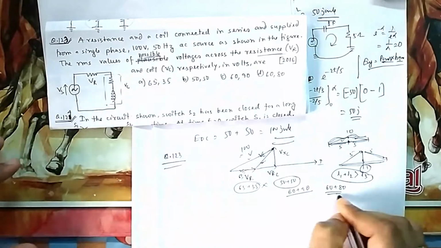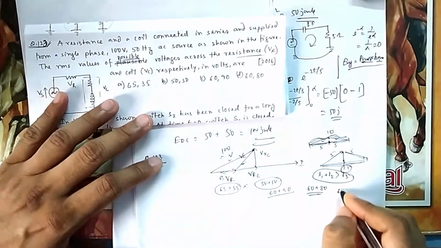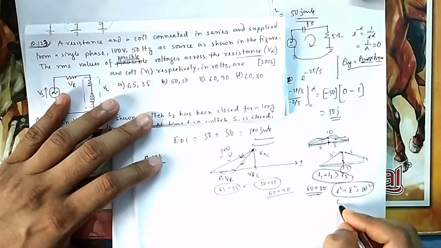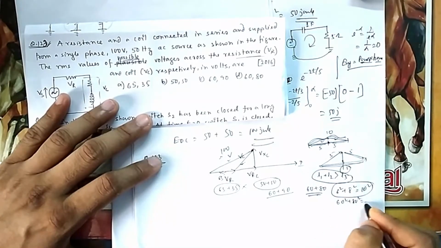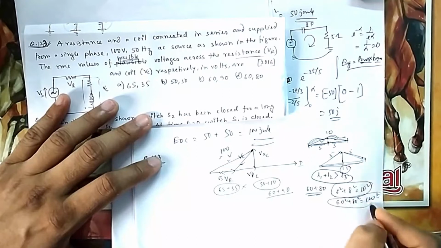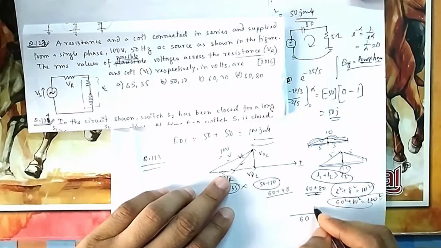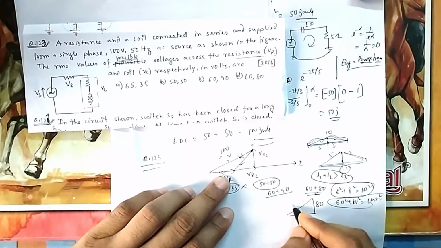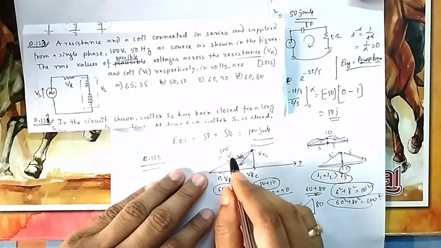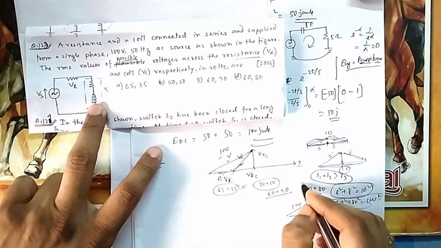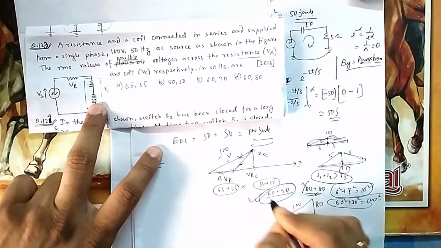But 60, 80 has a special characteristic, because 6 square plus 8 square is equal to 10 square. It is a Pythagoras triplet. 60 square plus 80 square will give you 100 square. That means the Pythagoras theorem is satisfied here. If this is 60, then this should be 80, and only then this will be 100. But this is obviously not 90 degrees. You can see this should be at some angle, because x is there. So this one also cannot be. So you are left with this only, so this is the answer.